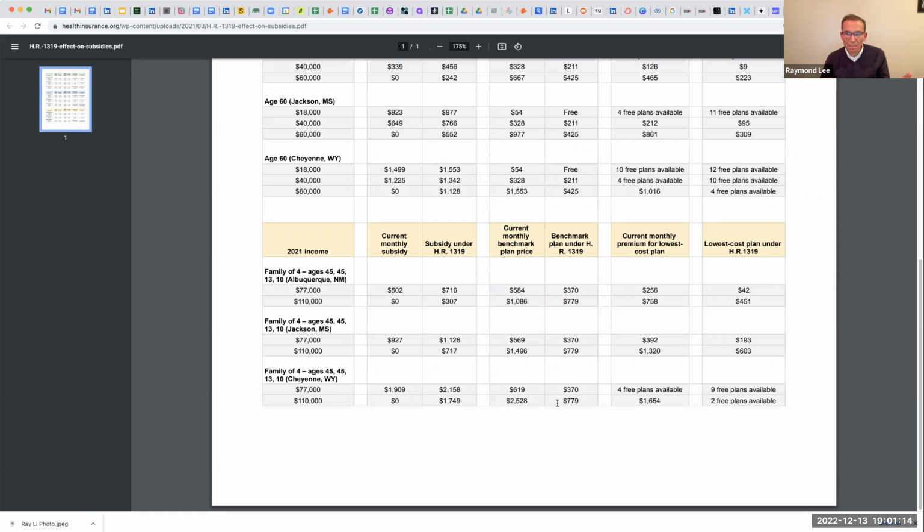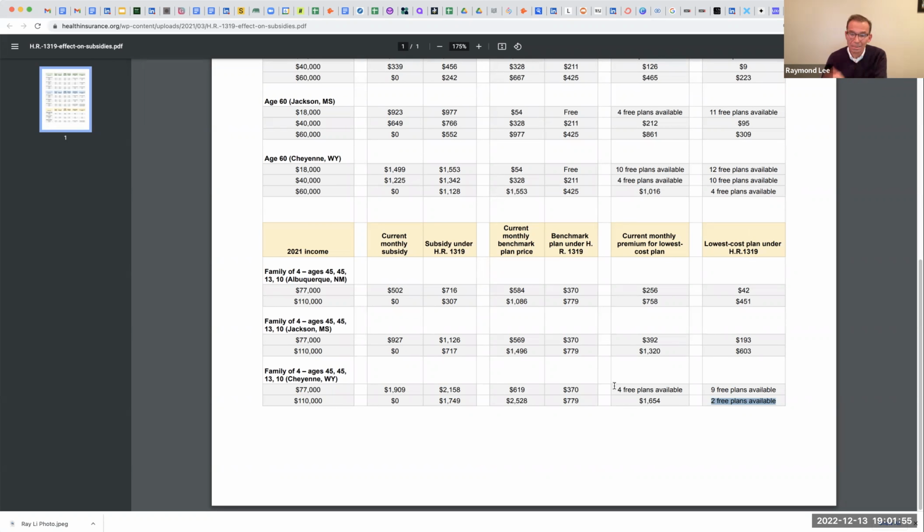At this point, there are subsidies available that make this plan cost only $779 instead of $2,500 per month. But that's the benchmark plan, which is a silver, kind of a rich plan. There are some plans that are free for a family of 4 making $110,000. So that's just to show that it's really this kind of subsidy that they put in place last year because of COVID is remarkably generous, and it makes freelance insurance really easy because you can just get it on the